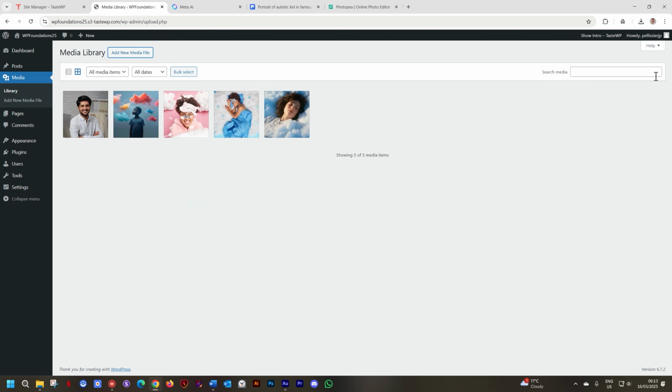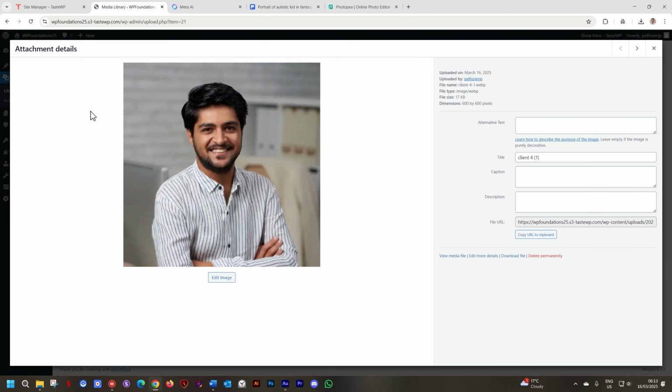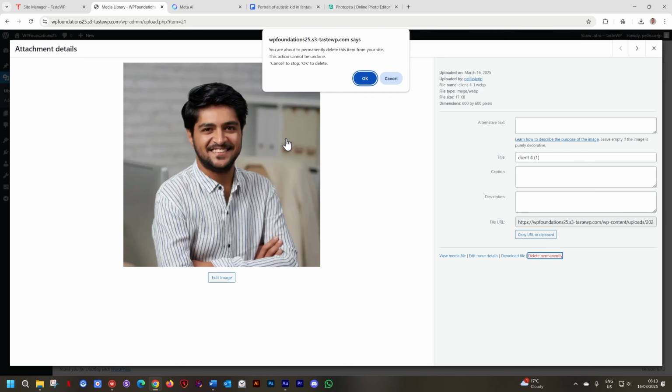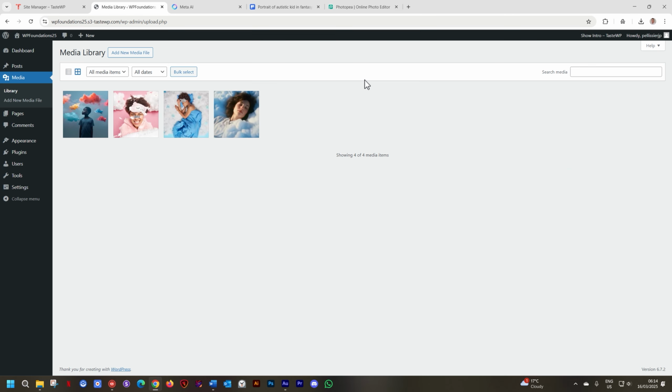If you want to get rid of images, I also recommend if there are images in here that you don't use, get rid of them. Clean this baby up all the time because if it gets dirty, it gets stinky. And if you want to delete it, you just select the image and you can click here on Delete Permanently. And then it will ask me if I'm really sure, and I'll say, I'm really sure, get rid of this bad boy. Okay? And it's gone. And now we're back to our 4 images.